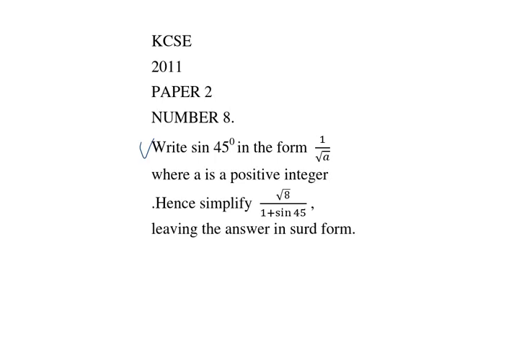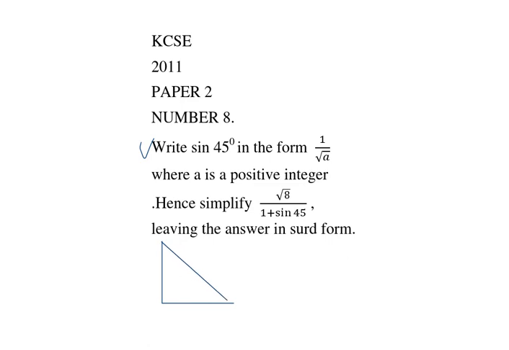Write sine 45 degrees in the form 1 over root a, where a is a positive integer. Hence simplify root 8 divided by 1 plus sine of 45 degrees, leaving the answer in surd form. So for us to get the sine of 45 degrees, we draw a right angle triangle with the two short